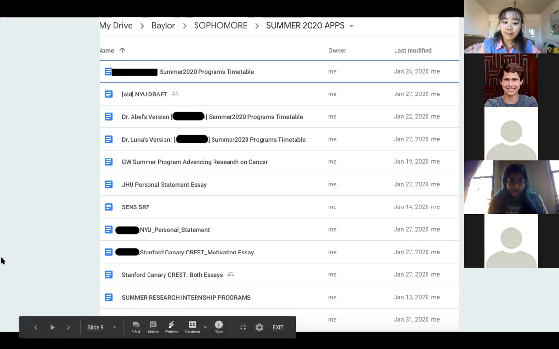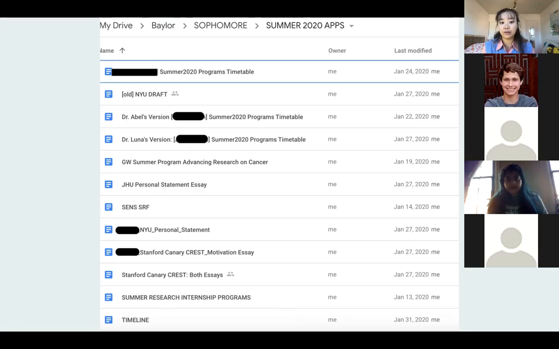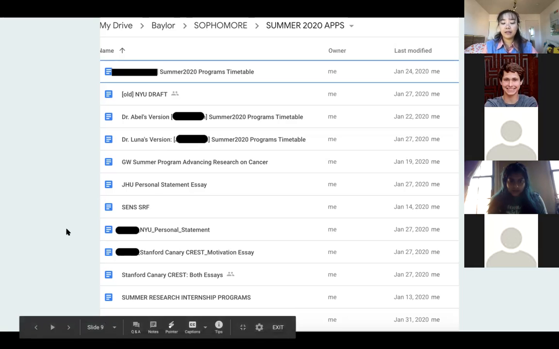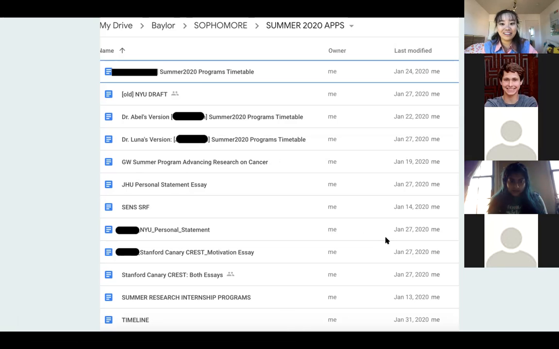Sometimes people will choose to have all of their personal statements for every single school they're applying to in one cohesive doc. If that works for you, go ahead and do that. But for me personally, I like having everything in separate pages and separate statements. The most I would do is collate all the written supplementals for one school together. But even then, it's a little bit messy. So what I like to do is personally put one statement per doc. It might get a little messy, but in my head, it works out pretty well.